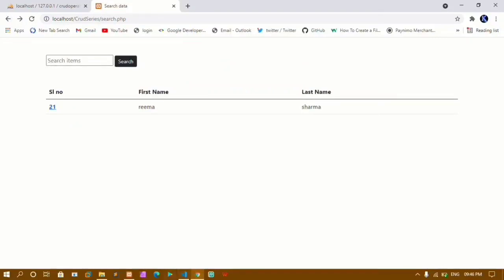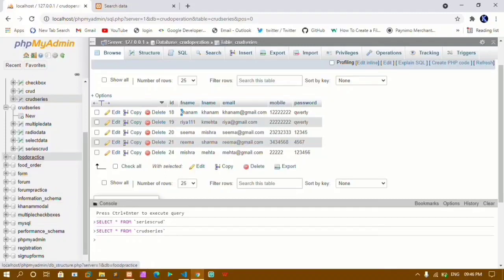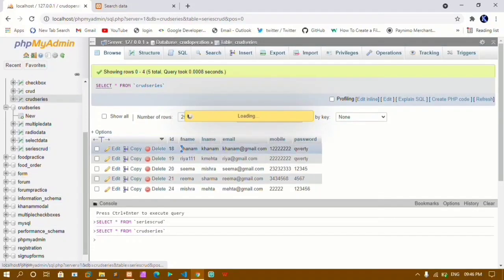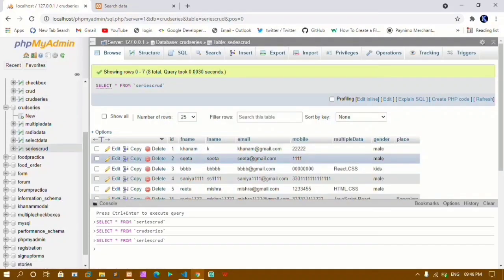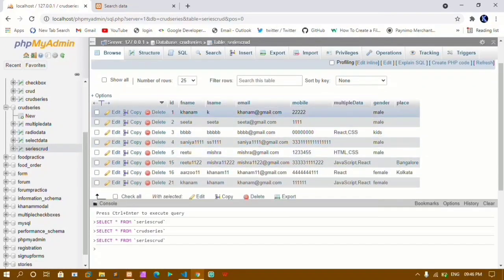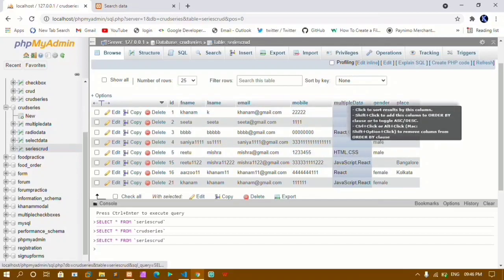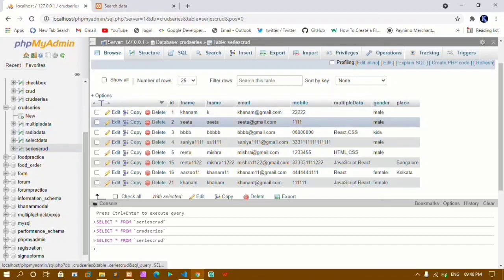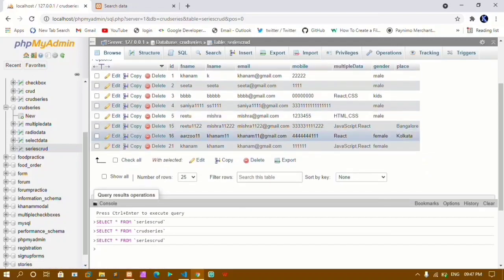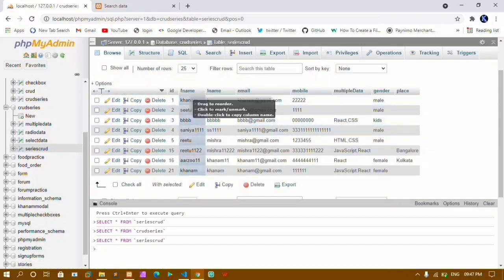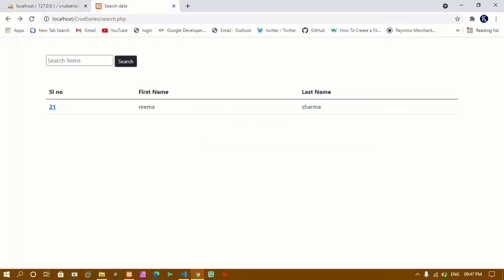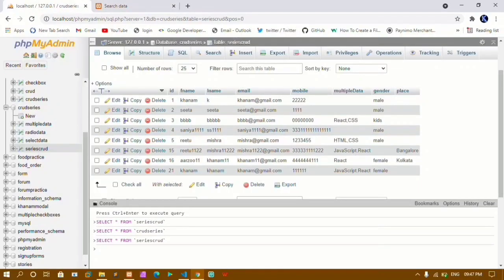Now we are going to continue our series, and in our series we were working in this table series CRUD. Now for this table we are going to search the data. You can see I'm having this ID, fname, lname, email, mobile number. We have seen how to insert checkbox data, radio buttons data, and also select options data. Now from this table I'm going to search the data and I'll be displaying it here. Now I'll just search for Khanam. Search, you can see I'll be getting this data here. Okay, now let's get started.